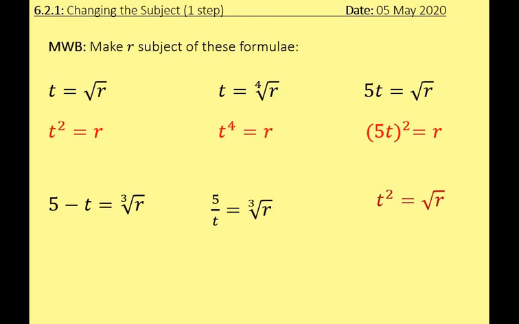For this one, I think we probably should be writing this as 25t squared equals r. So we're going to, let me show